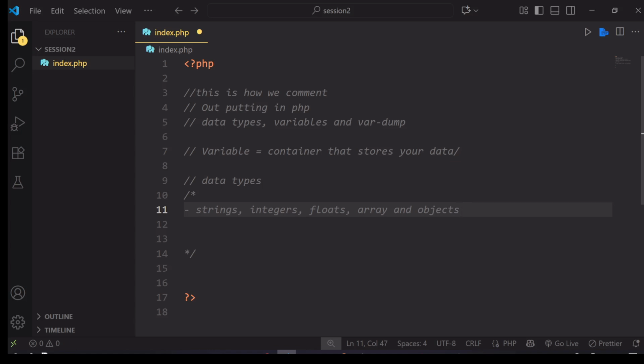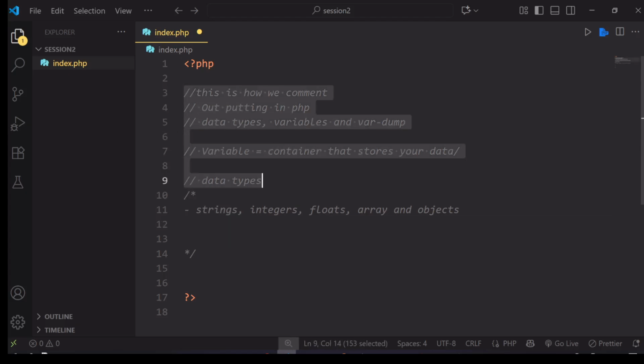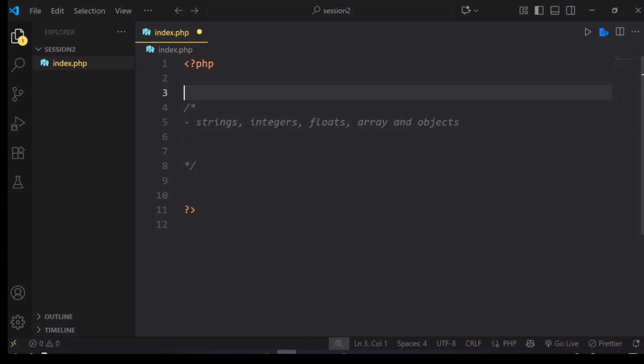So to start with, we have to understand, let me just go straight away: what are strings? What are integers? What are floats, arrays, and objects? So when we talk about this kind of data types, one thing we must have in mind is that, let me say I have